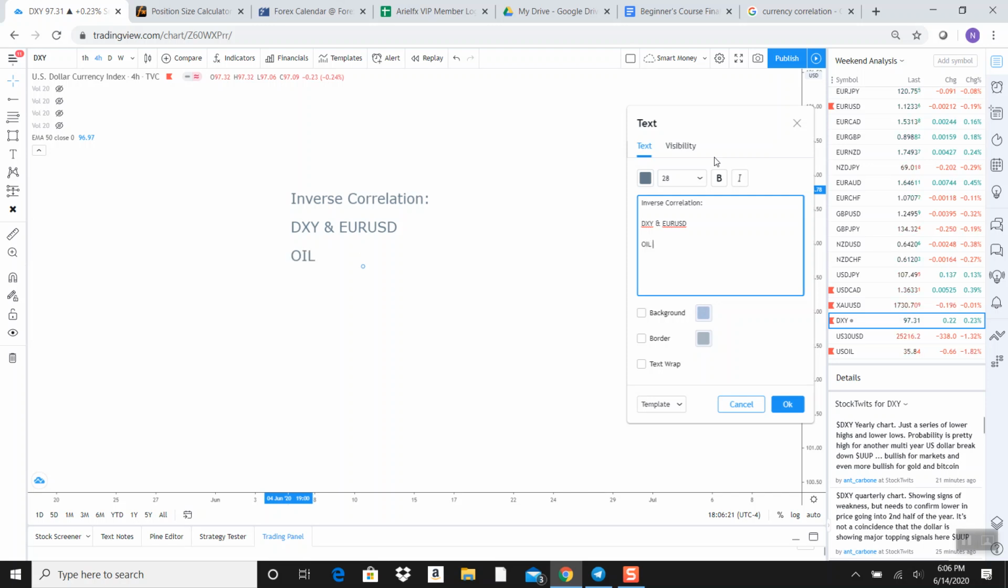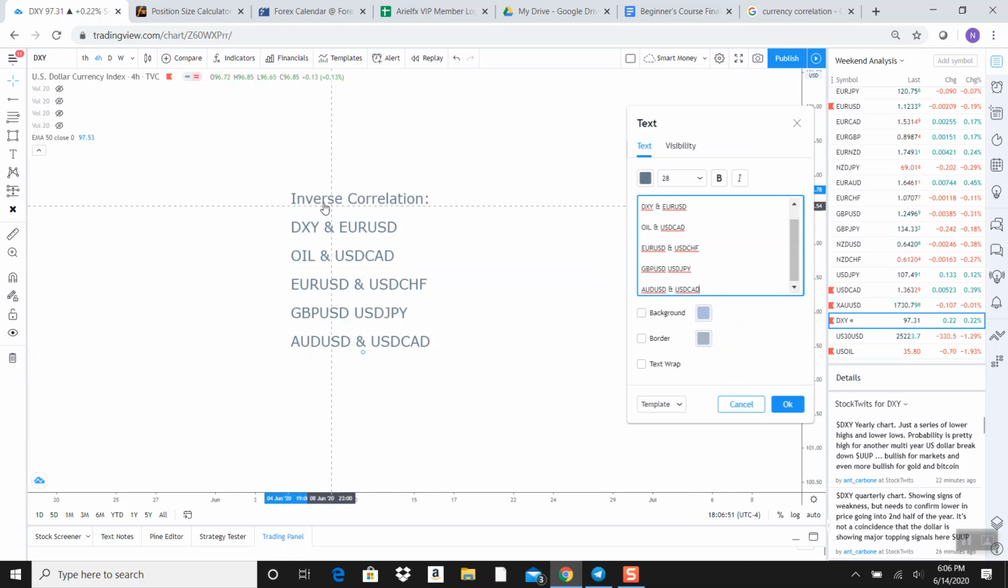Oil and USD CAD. And I'll give examples of these in a little bit. Euro USD, USD Swiss franc, GBP USD, USD JPY, finally AUD USD, and USD CAD. All right, so these pairs are the biggest ones that I look at in terms of inverse